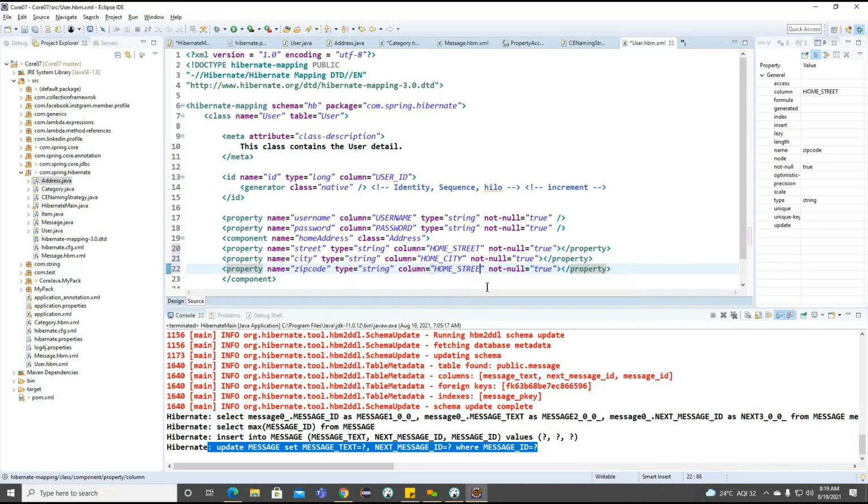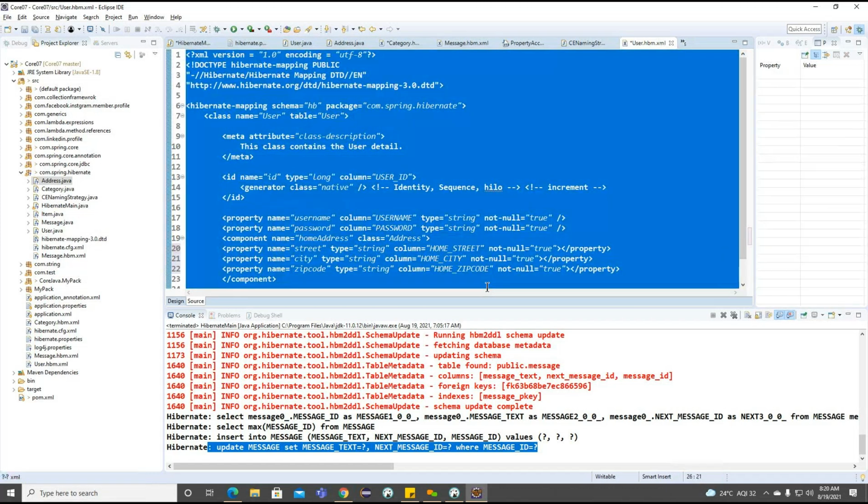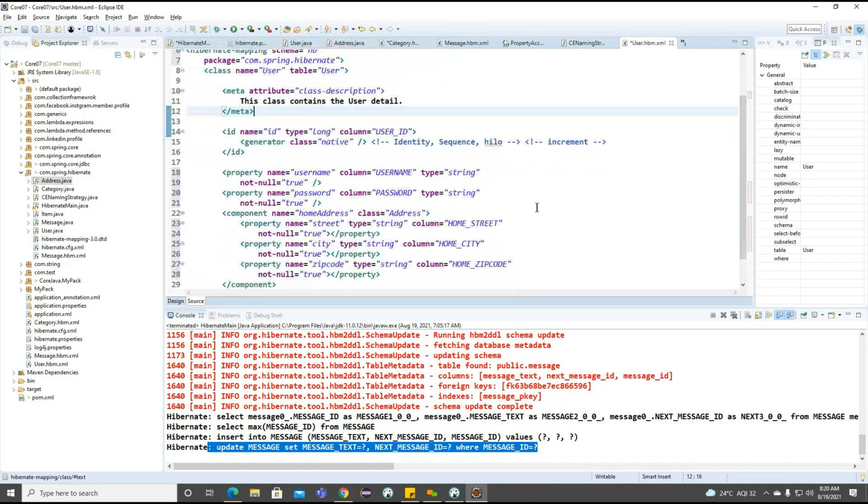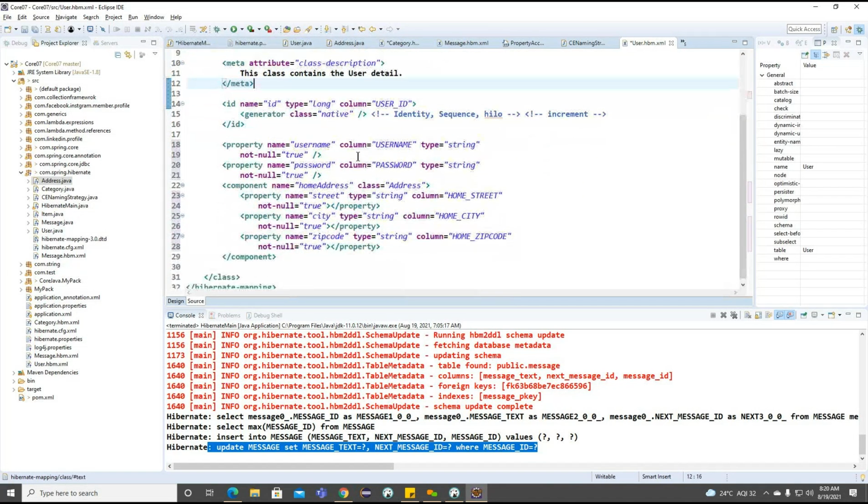So zip code also we made as a string only, and zip code. Let me make the format here. Now you can see the format here, how we are making it. So username, password, so component we created. This is a street, city, and zip code.